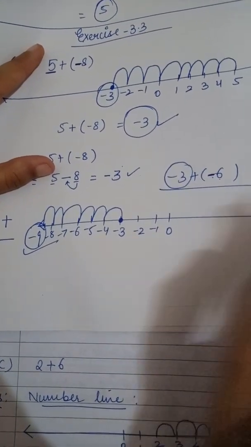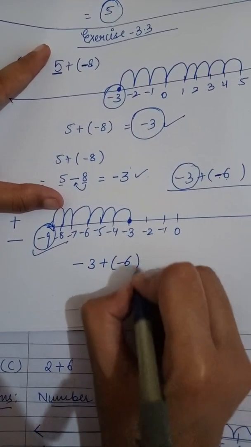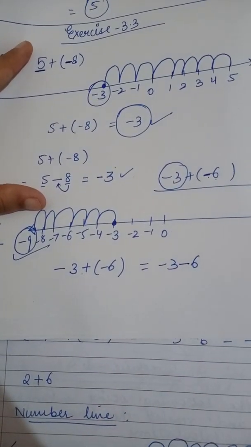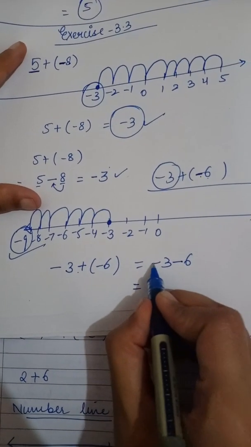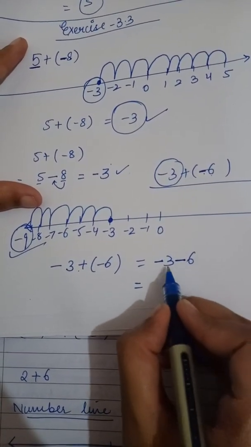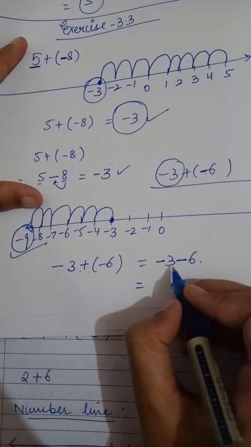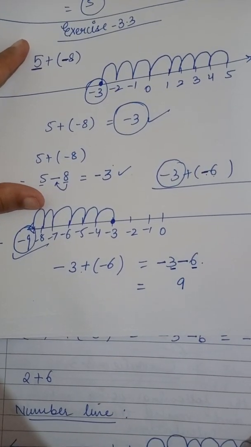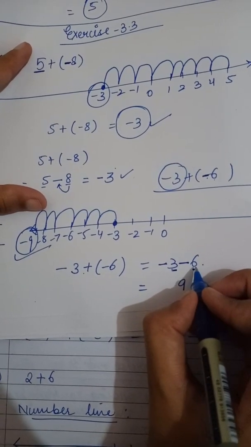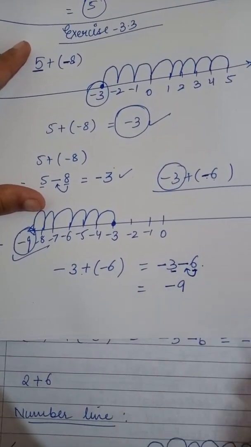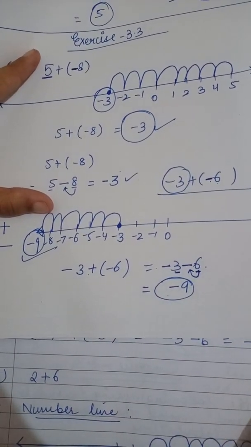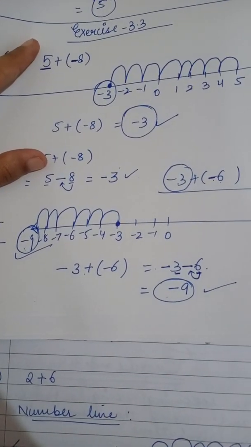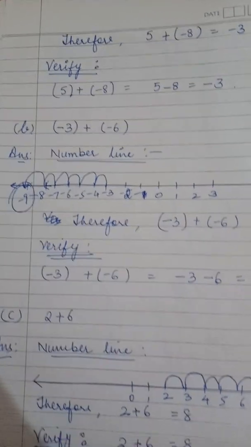Now actual calculation, how are we going to do it? Minus 3 plus minus 6. Now two signs cannot be together. So what is plus minus? Minus. It will be 6. Okay. Now I have told you when two numbers are there and have the same signs, we are going to add them. Which one is minus 3 and minus 6? When I add 6 and 3, what will it be? 9. And out of 3 and 6, which one is the greater? 6. What is the sign with 6? Minus. So I am going to place minus here. Or the common sign is minus. Both ways you can write. Hence we have verified that on the number line it is minus 9, and in the actual calculation we are also having minus 9. Okay, so that I have done.